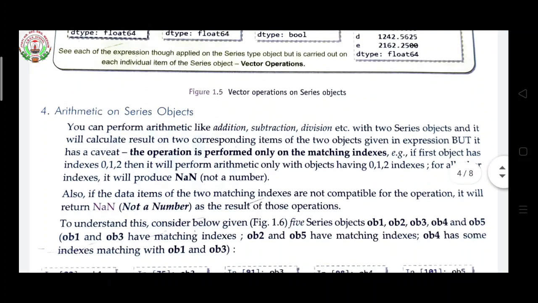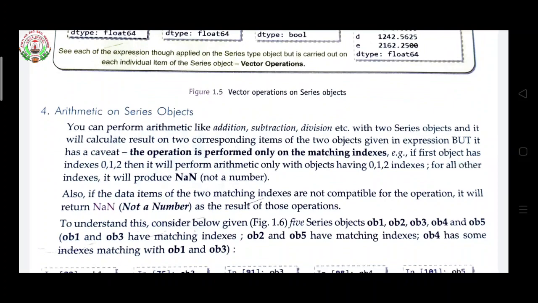Now, arithmetic on series objects. You know what arithmetic is? Arithmetic means addition, subtraction, division, etc. with two series objects, and it will calculate results on the corresponding items of the two objects given in the expression. But it has a caveat: the operation is performed only on the matching index.